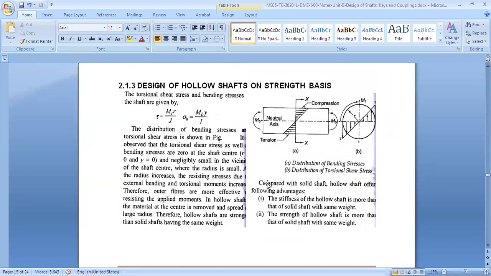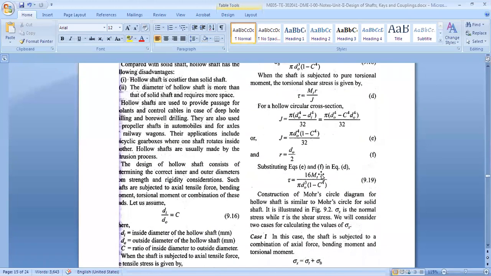So you got the concept of what a hollow shaft is, and why a hollow shaft is preferred. Because for the same weight, and because the stresses at the center are zero, we can take out that part and put it outside to increase the strength of the shaft. Are you getting my point? If you take a look at diagram B, the stress near the center is very low. So take out that part and put it outside. So your shaft will become hollow, but your diameter will go up, and because of that, the strength will be more. Okay. Now let's see how to design the hollow shaft.